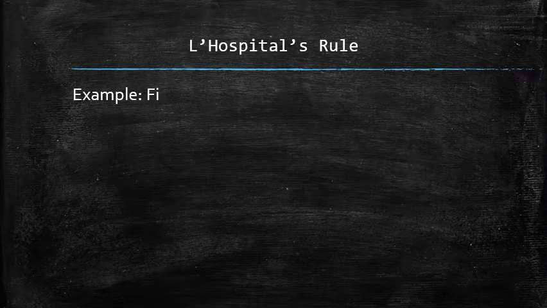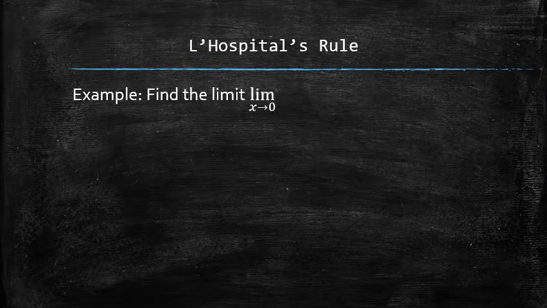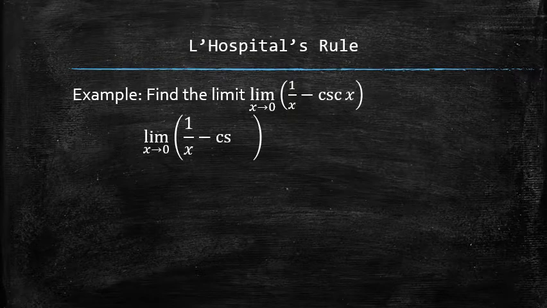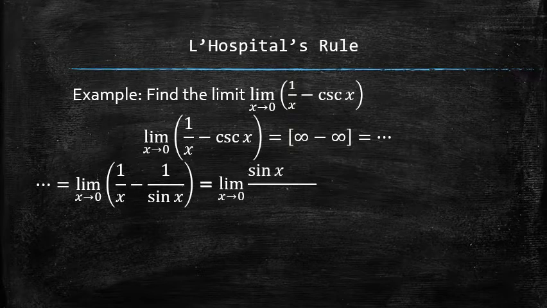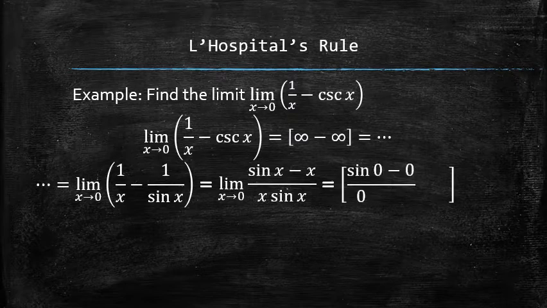Let's do an example. We start off the process by identifying the type of the limit which has the infinity minus infinity indeterminate form. The L'Hopital's rule doesn't apply to this limit yet, but if we algebraically rewrite the difference as the ratio of one function over another one, then we can change the type of the indeterminate form to the one to which the L'Hopital's rule applies.